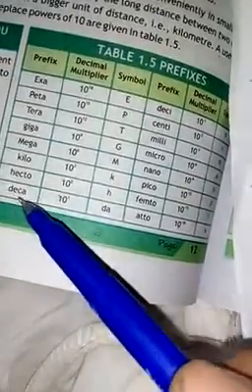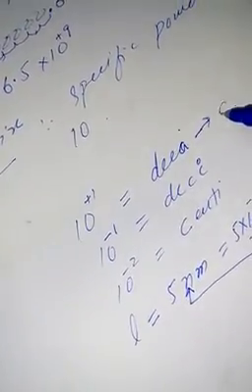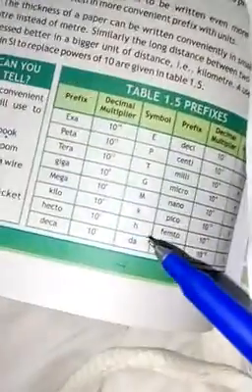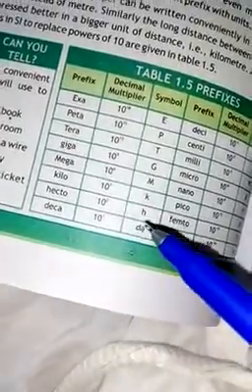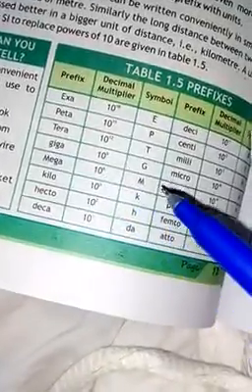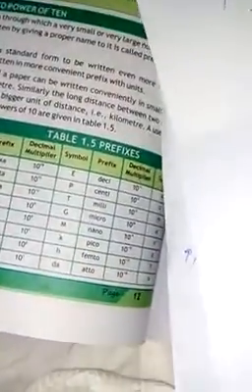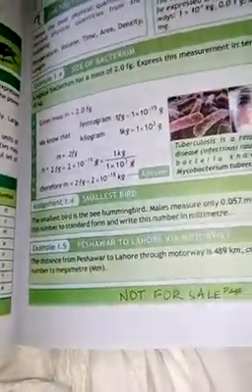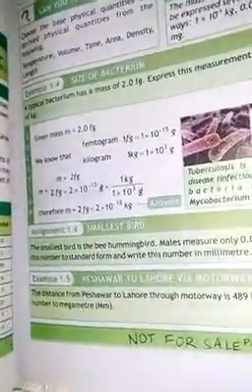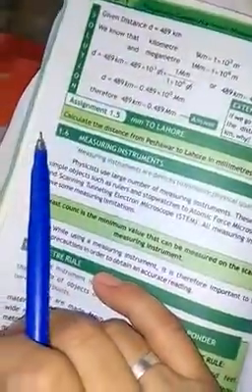Now if we move toward the positive side, 10 power plus 1 is Deca, represented by DA. Its abbreviation is DA. And similarly 10 power plus 2 is Hecto. Kilo is 10 power 3, kilometer is 1000 meter. Mega is 10 power plus 6, capital M. Giga is 10 power 9, capital G, and so on. So these are the specific powers of 10, which are termed prefixes, and are a way to simplify the expression of writing larger values.